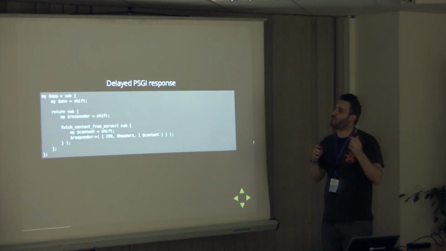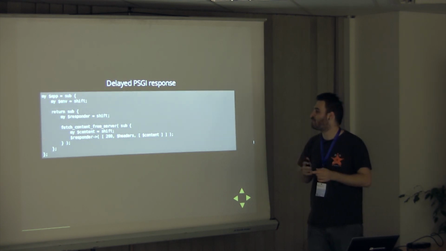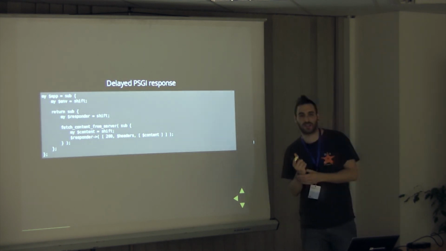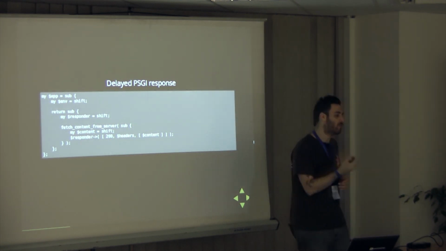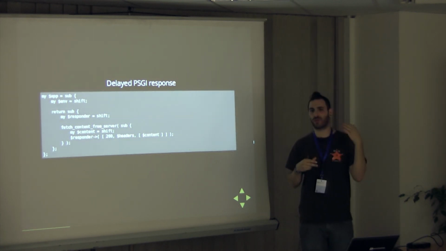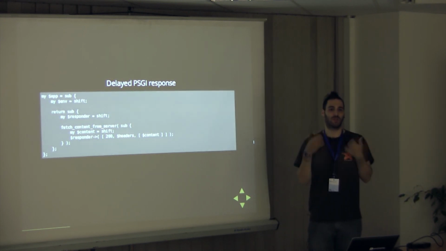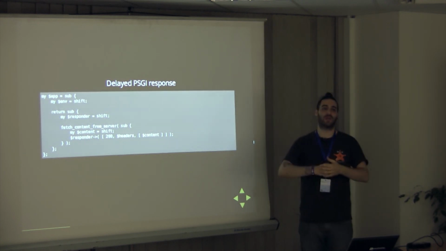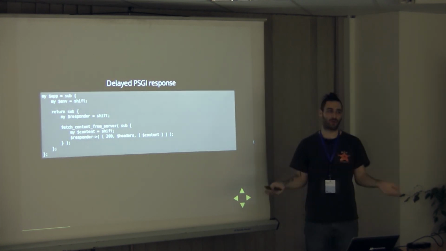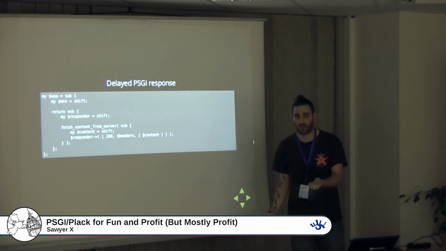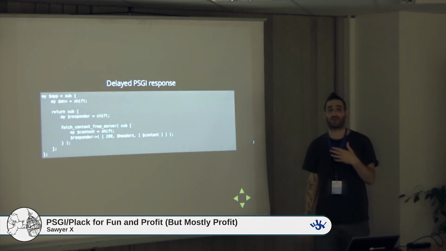PSGI, however, actually supports some more advanced stuff. For example, delayed responses. Delayed responses is when we have a request coming in, and our thread is handling this, but it will take some time to generate that response. Basically, that thread is now stuck, and it can't receive additional requests. So what you do is run it multi-threaded, you fork it, all of these things. That's how we're used to working. But what if you actually want to run in an event loop?